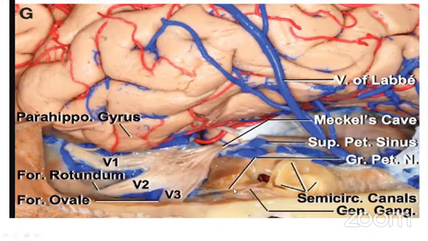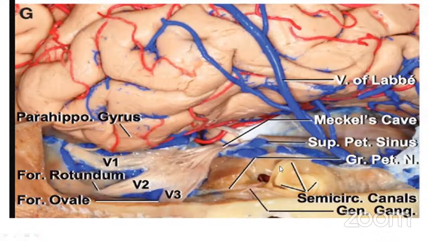Here we also can appreciate the semicircular canals. This is the superior semicircular canal, which corresponds to the arcuate eminence. Here would be the tegmen tympani. So again, for the orientation, this is the anterior part, this is the posterior, and we are looking at the